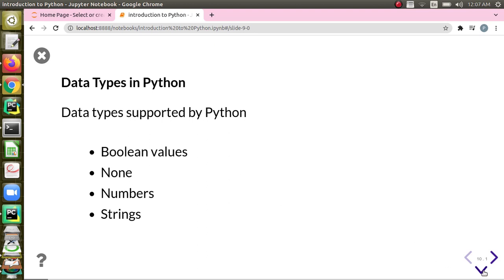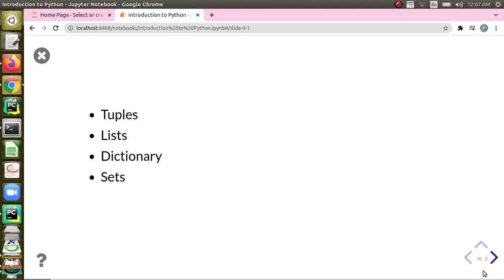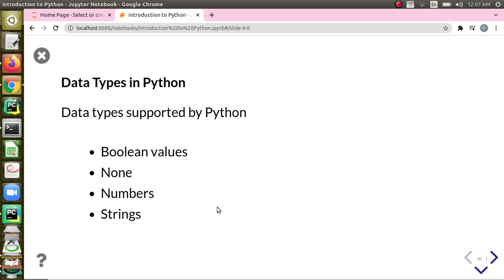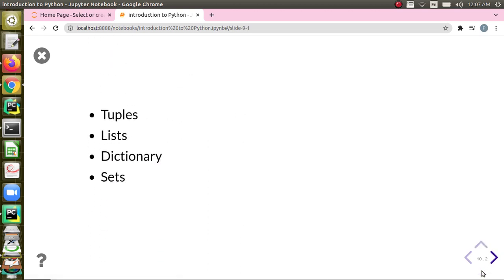We can also have strings. The above data types are very primitive and do not have very big functionalities, but we also have data structures as data types in Python. Tuples, lists, dictionaries and sets are all data structures which have a lot of functionalities, but they are also data types in Python because they are completely implemented and we can easily use them for our problem solving.